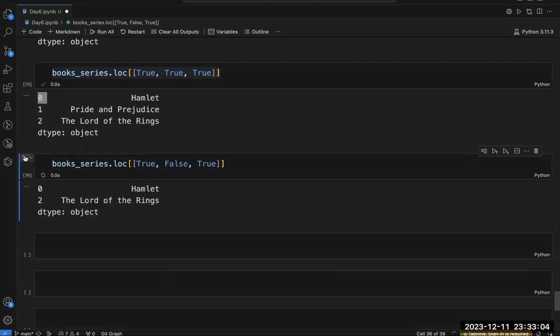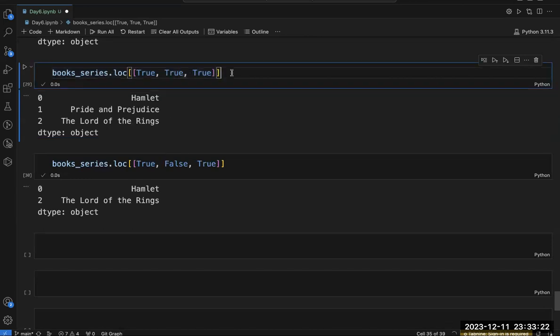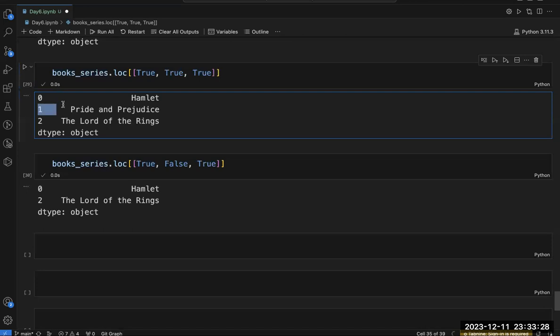Now if you run it, you are getting only two values, 0 and 2. Why? Because my first level, one level, has a false value, so it is going to give me the output only for those which are true. Since I am supplying false here, it is not displaying this thing.